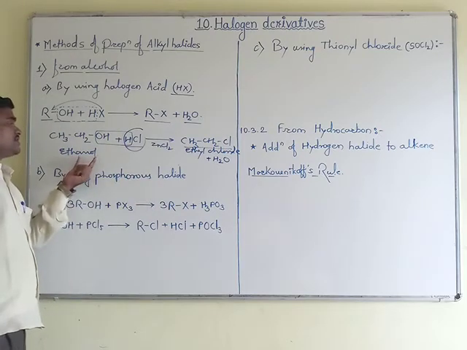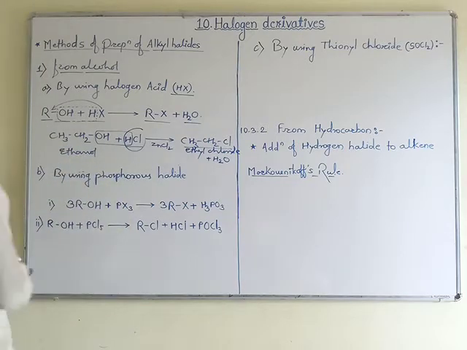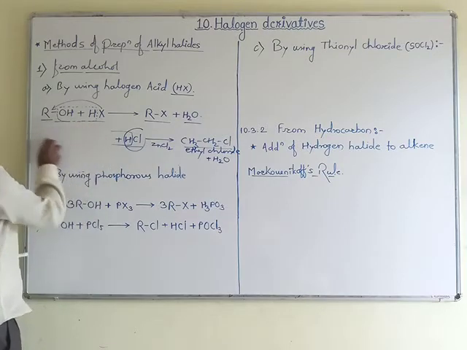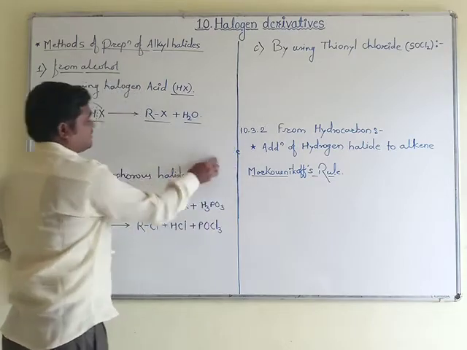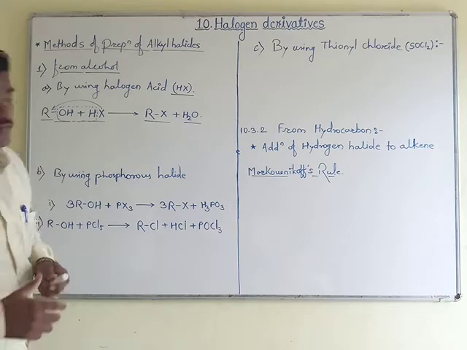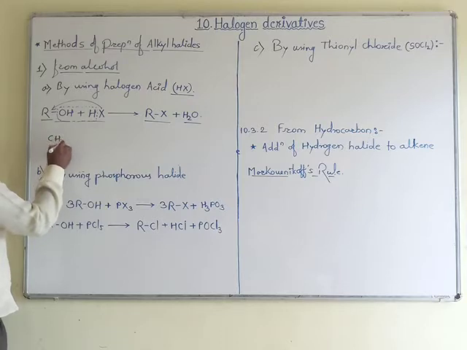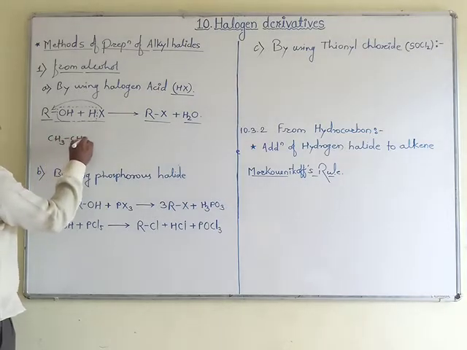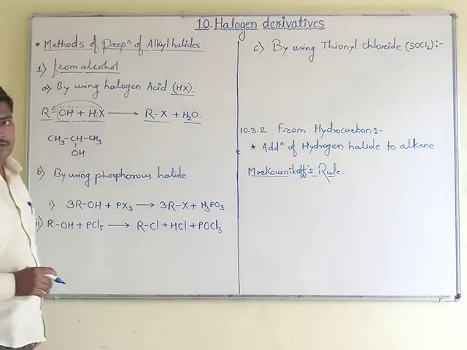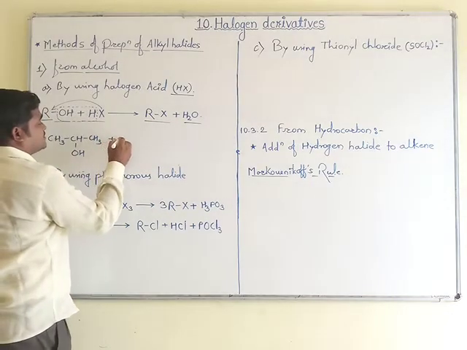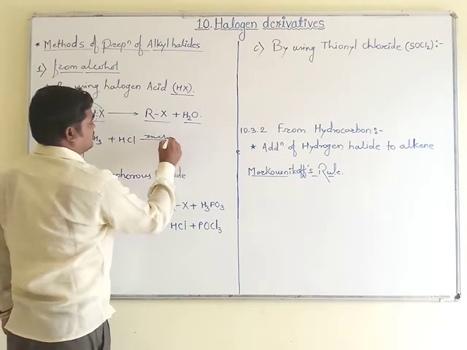Here, if we use a secondary alcohol like isopropyl alcohol, for that purpose we are replacing this alcohol for a secondary alkyl halide. What we have to do here is use the secondary alcohol. The name of this alcohol is isopropyl alcohol. Again, on reaction with HCl in the presence of ZnCl2, here